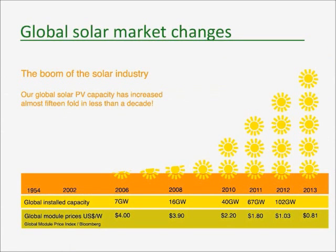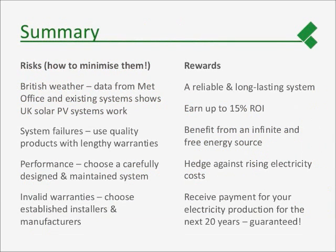Why has PV got so much cheaper? Mainly because we're expanding the amount of production capacity throughout the world rather significantly. At the moment, we have around about 120 gigawatts installed after the end of 2013, and that deployment rate on a year-by-year basis is growing at around about 20 to 30%. Every time we double the amount of installed base, the cost of PV drops by around 20%. So it's relatively easy to forecast where the PV costs are going over the next few years. So in summary,